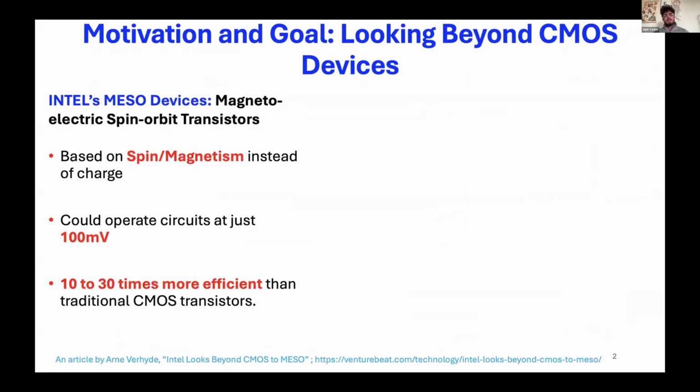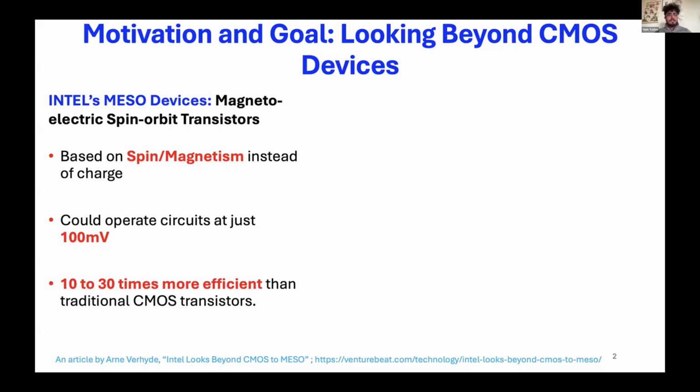As technology advances, we are looking for faster and larger storage devices, and that leads us to do research on devices where we can store the data more efficiently. So for example, Intel's MESO devices, which look beyond CMOS devices. This MESO device, as the name suggests,